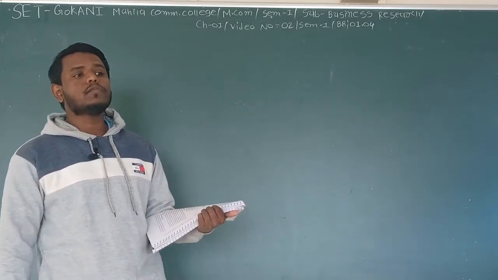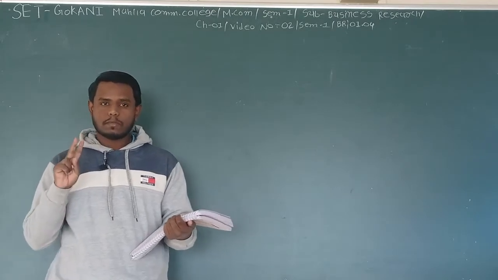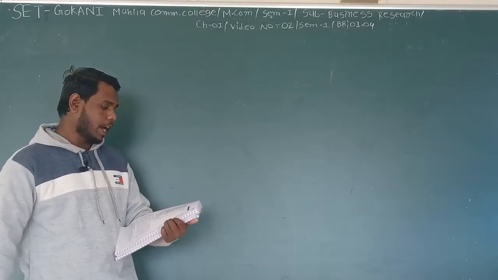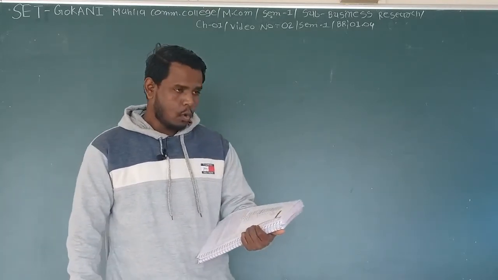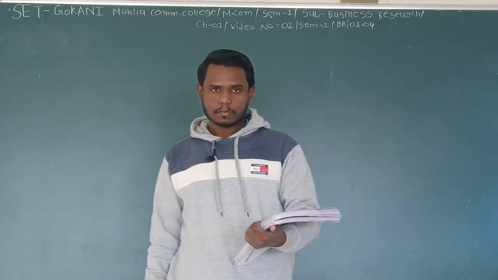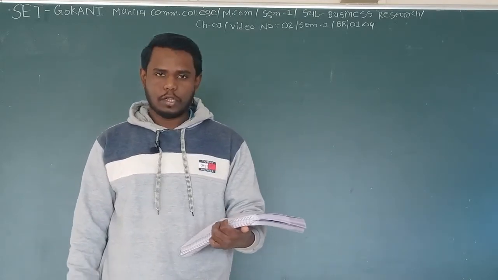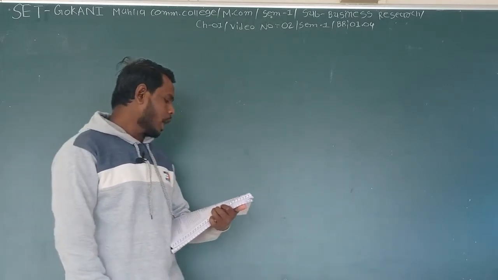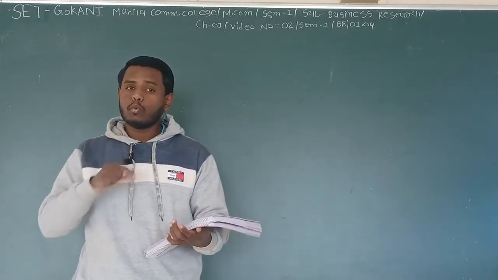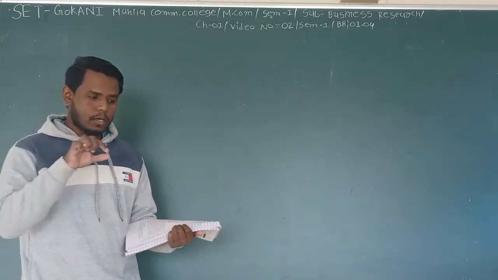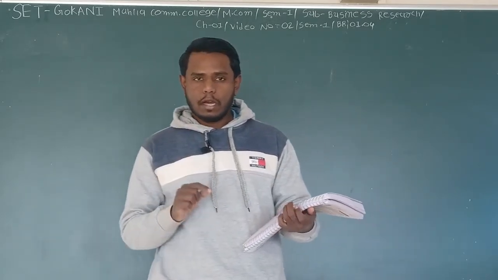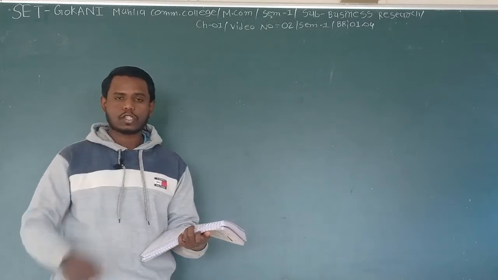In our last video, we have seen two steps of business research. The first step of business research is identification of the research problem. What is the problem faced by you or faced by the researcher? That will be our first step. After that, scan the existing environment. What is the current environment, or which type of situation is currently in the environment? This will be found out after the first stage.